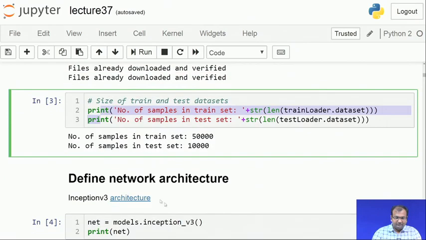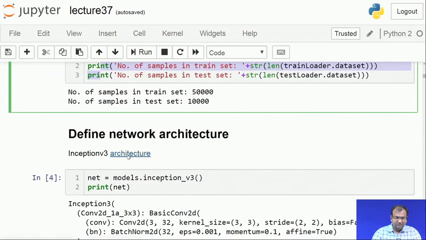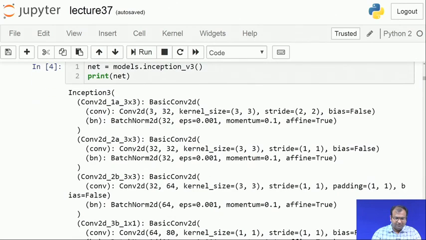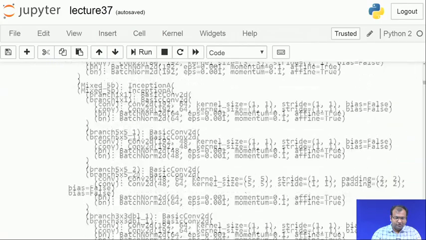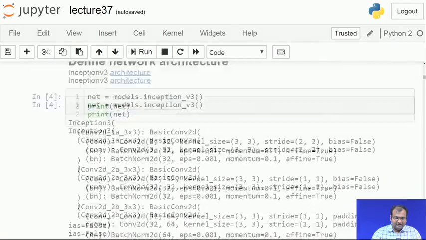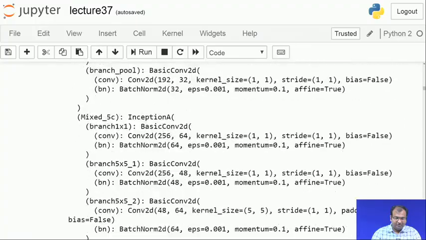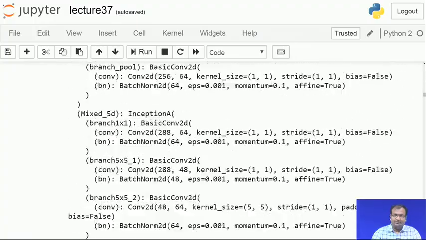Now, for the reference architecture, the picture which I had shown you earlier for the model is what is hyperlinked over here. So, you can click and go into that hyperlink and look into the network in a graphical form. On the other side of it, this is an unrolled version of the complete network. What typically they do is define inception modules and then append the inception module with the main network, and that's how you do it.